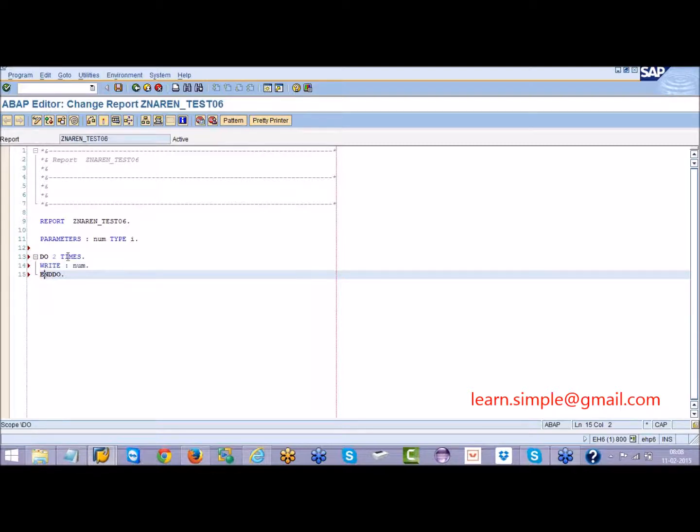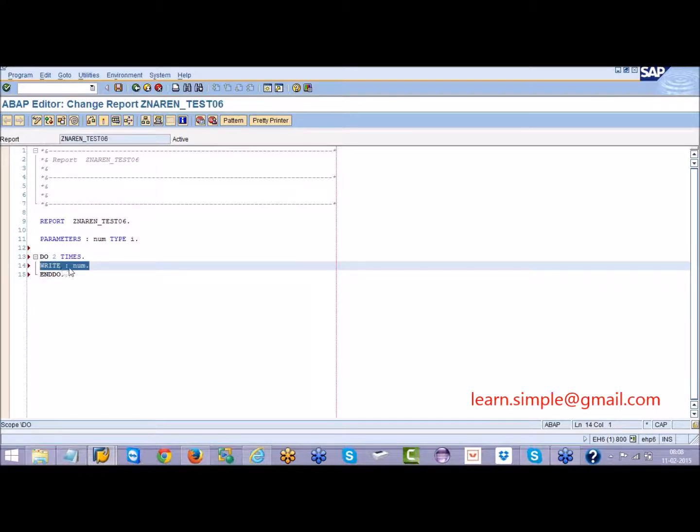So how many times we are doing this? Write number. We are writing this number 2 times. Okay, so I will put a slash here so that every time it will print in a new line. Otherwise what will happen, on the same line it is printing 2 times. So you will not get clarity whether it is printing 2 times or not. So now I am giving a new line here.